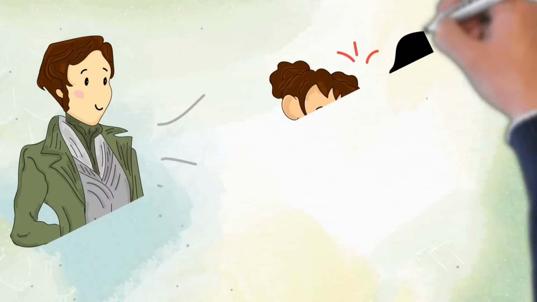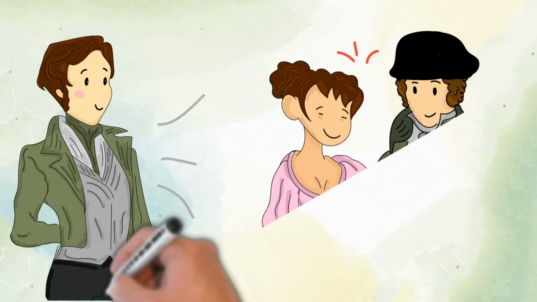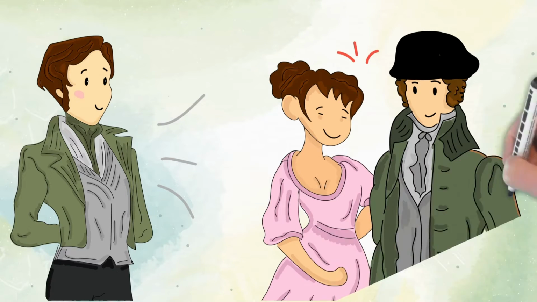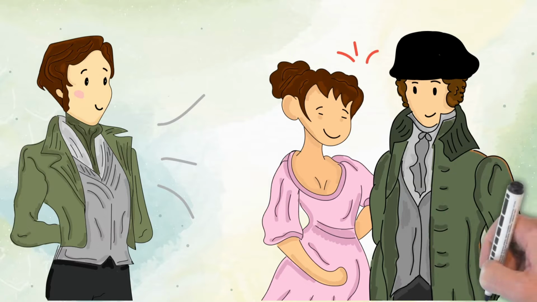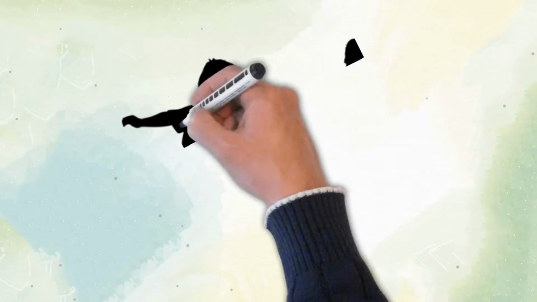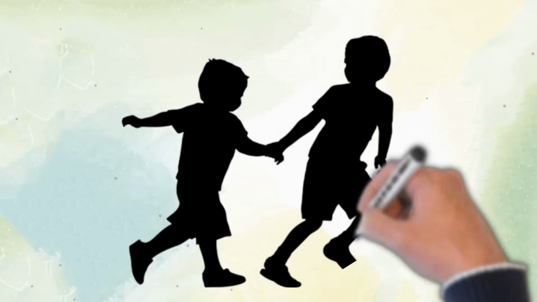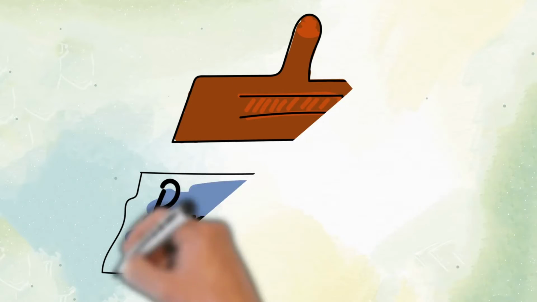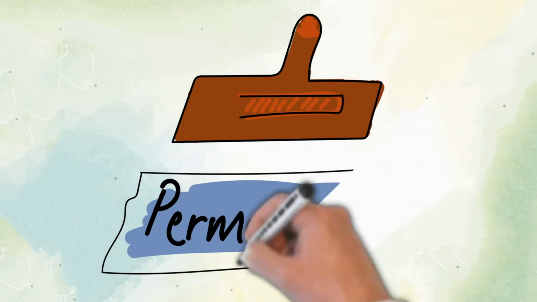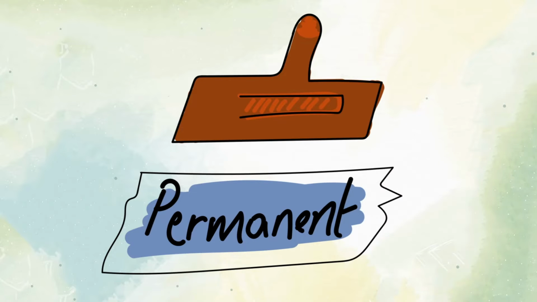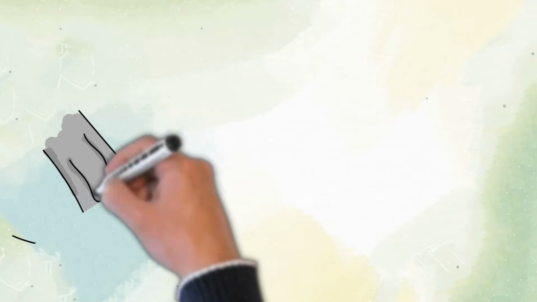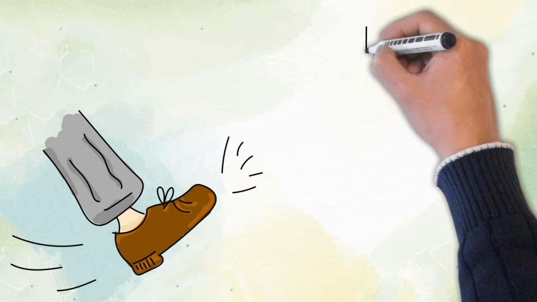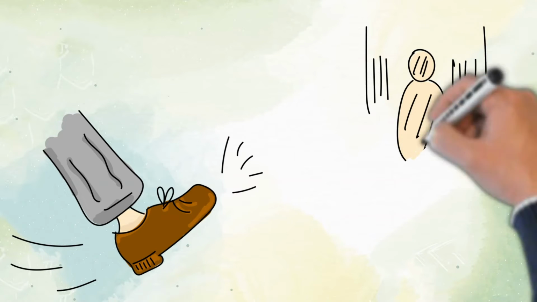As Darcy grows more interested in Elizabeth, Elizabeth continues to despise him and is attracted to George Wickham, a handsome and personable militia officer. Wickham tells Elizabeth that his father used to work for Darcy's father and that he and Darcy grew up together. Wickham claims that Darcy's father favored him over Darcy and had promised him a permanent position as a clergyman. But after his death, Darcy kicked him out of his bequest, hence making his life miserable.